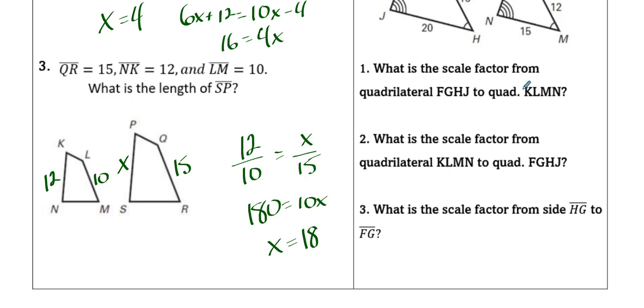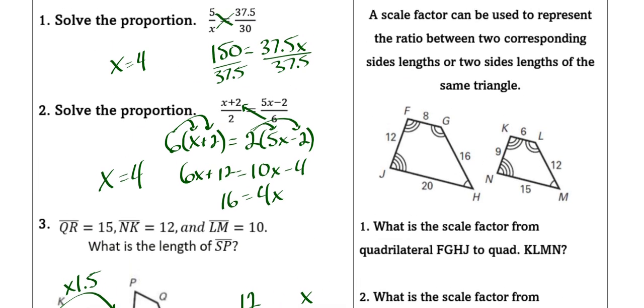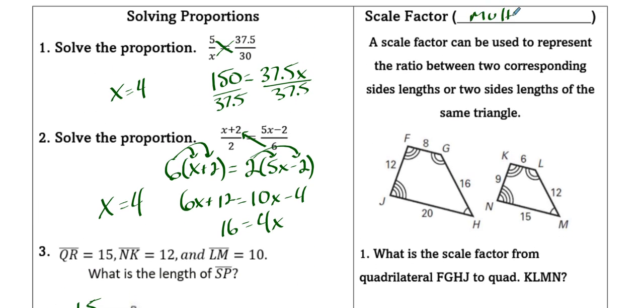So the next thing we're going to talk about is a scale factor, and it's possible you already saw it here. Going from 10 to 15, that's being multiplied by 1.5. That is the scale factor. You're timesing by 1.5. The same scale factor will apply to this, times by 1.5. 12 times 1.5 is also 18. So there's just two different ways to accomplish the same thing. We could set up the proportion, or you can think about what scale factor, what multiplier took us from this number to that number, the same multiplier will take us from here to there. That is what a scale factor is. It is a multiplier for all the lengths